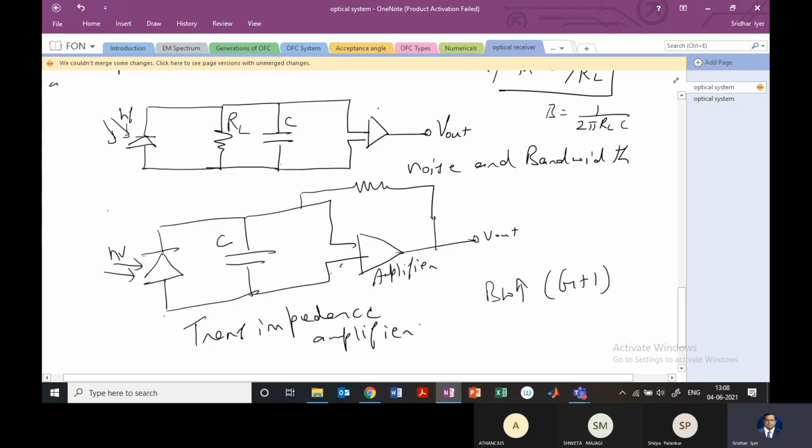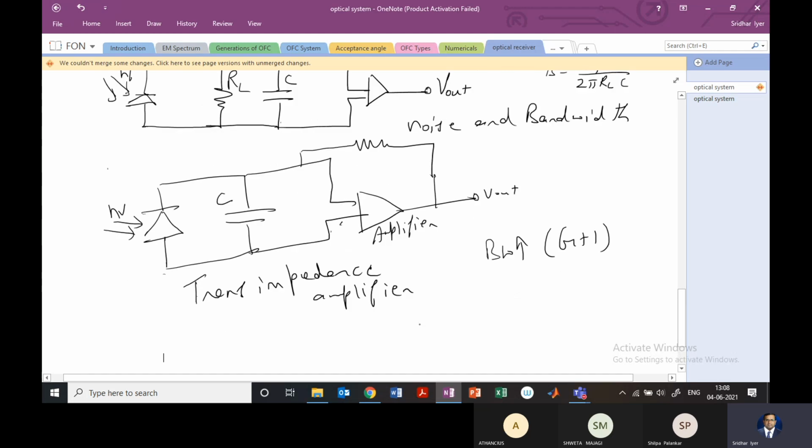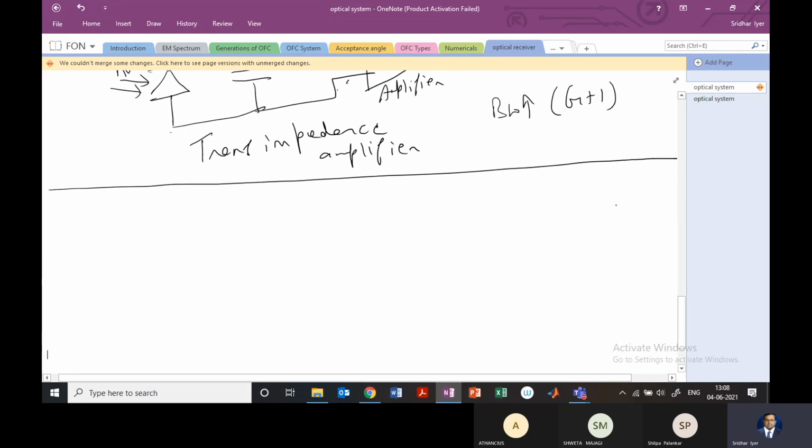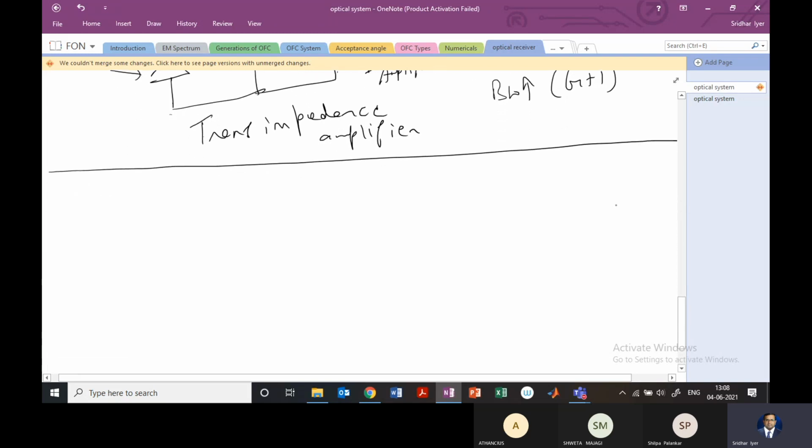So which one to use depends really on the application that we have. Okay. We'll see in module 4 what kind of amplifiers there are, which we really tend to choose in the optical system. So here I've just given you an overview of what these front end amplifiers are, but we'll see the other kinds of amplifiers in module 4.